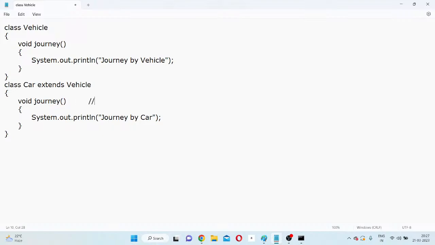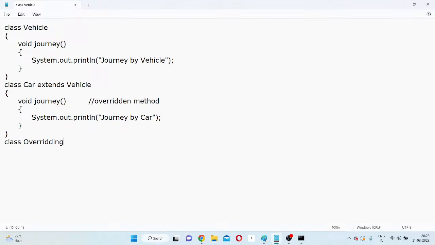So this subclass method is called the overridden method. If I go to the main method class,